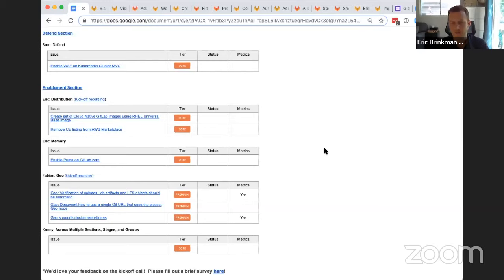The reason that we're going to do this is CE is what we call Community Edition. The CE listing is basically the same functionality of an EE deployment without a license applied. And so it'll streamline the user experience. It'll allow them to select the correct one when they deploy from the AWS Marketplace.